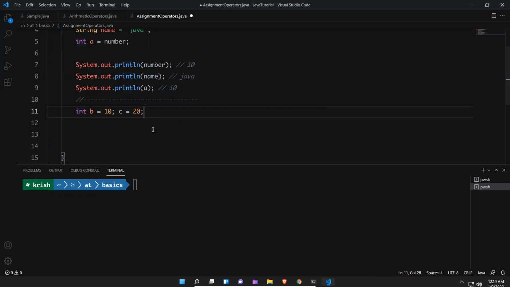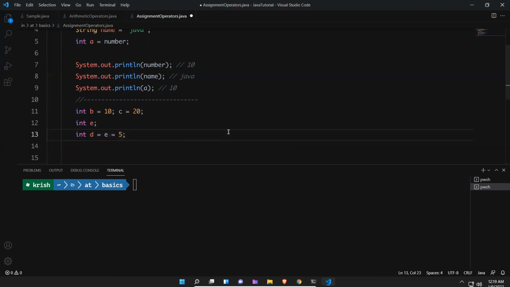And then int E, int D equals E equals 5. This way you can also assign, D equals E equals 5 means E is also 5, D is also 5.